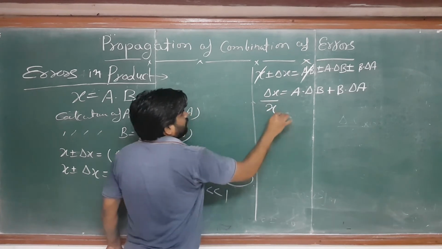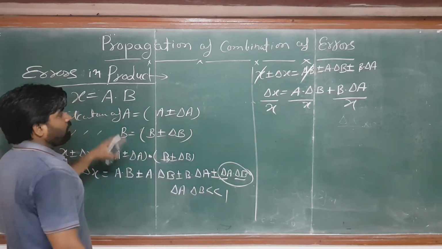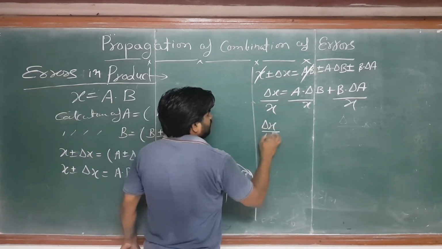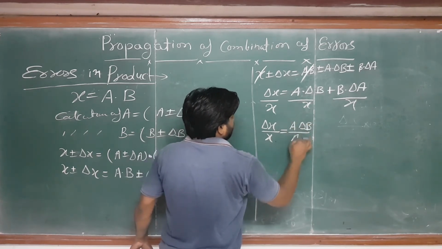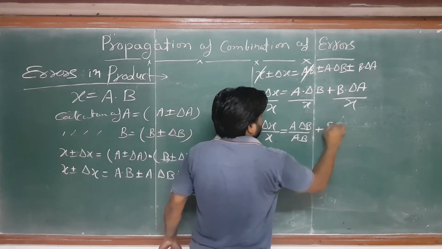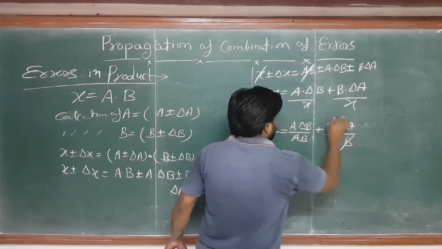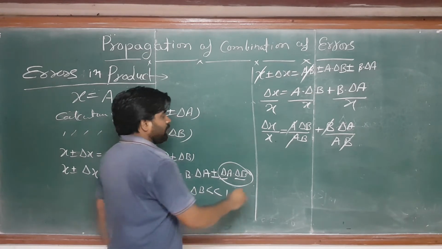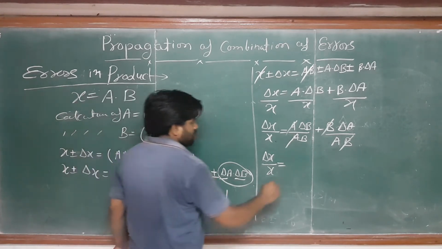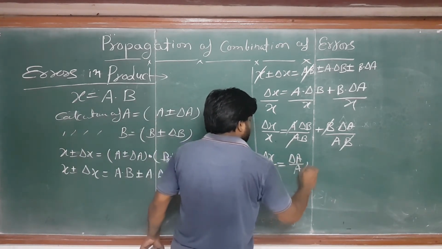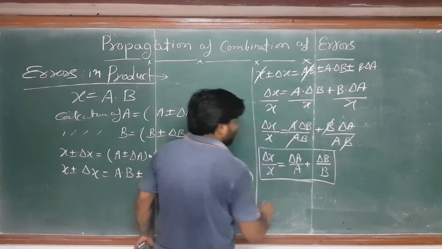You can do one more thing here. Suppose I divide by x on both sides, so what would it be? The value of x is a dot b. So you will write here del x upon x as it is. x has value ab, and again this x has value ab. Then you will see the b cancels from here, the a cancels here. So it would be equal to del x by x equals del A by A plus del B by B. So this is the formula of ratio.